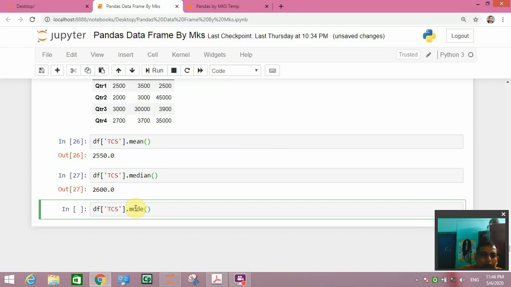It will give the mode of these 4 values.